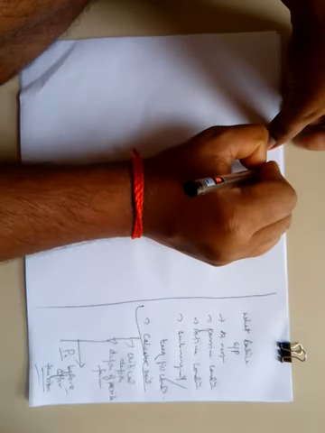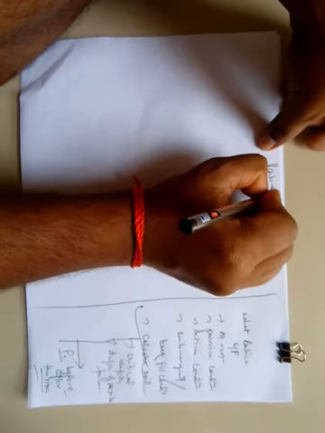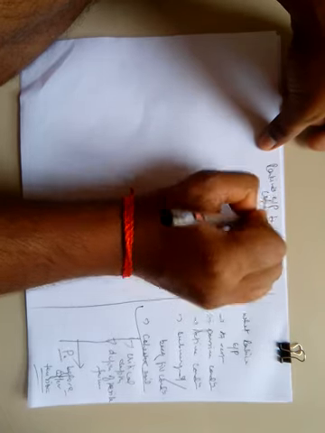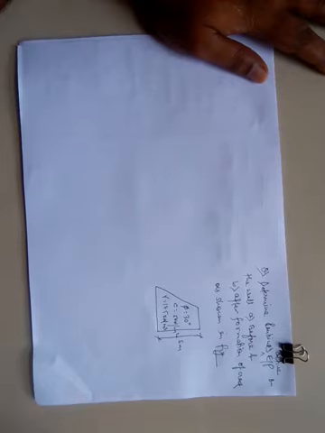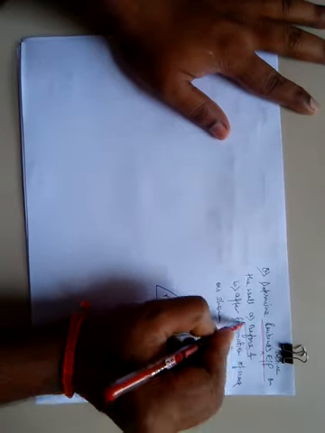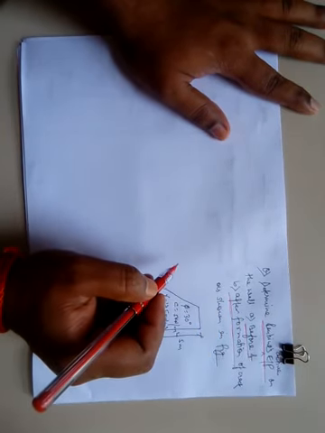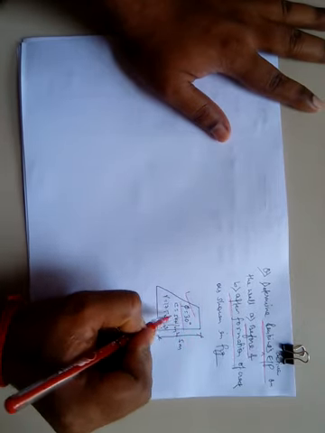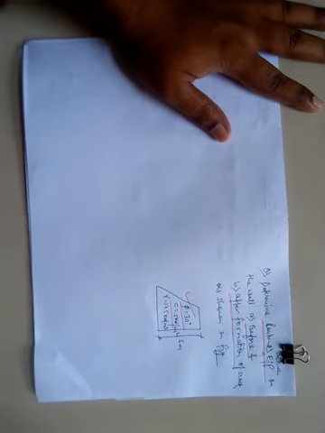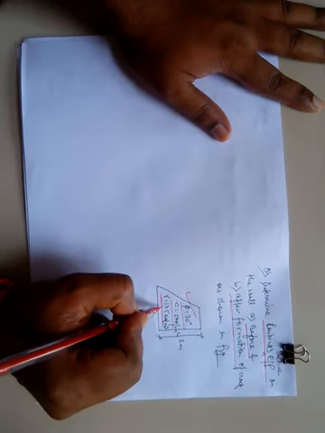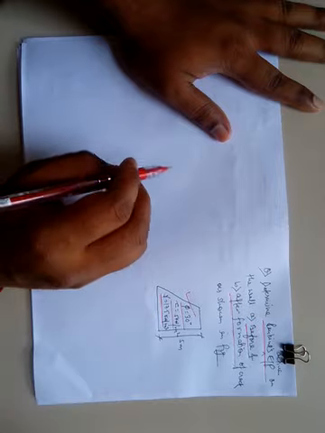Rankine earth pressure for cohesive soil. It is given that we have to find Rankine active earth pressure on the wall before and after formation of crack. Okay, and it is given phi is 30 degree, c is 5 kilonewton per meter square, means cohesion intercept is this much, and gamma is 17.5 kilonewton per meter cube, unit weight of soil.